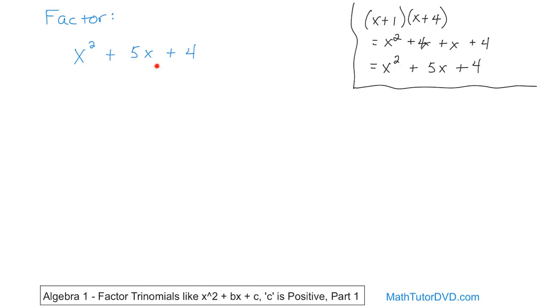But anytime you see a trinomial like this, where you have an x squared plus some term with x plus some number, we call it of the form x squared plus bx plus c. The first term is x squared, the middle term is some number b times x, in this case it's 5x,